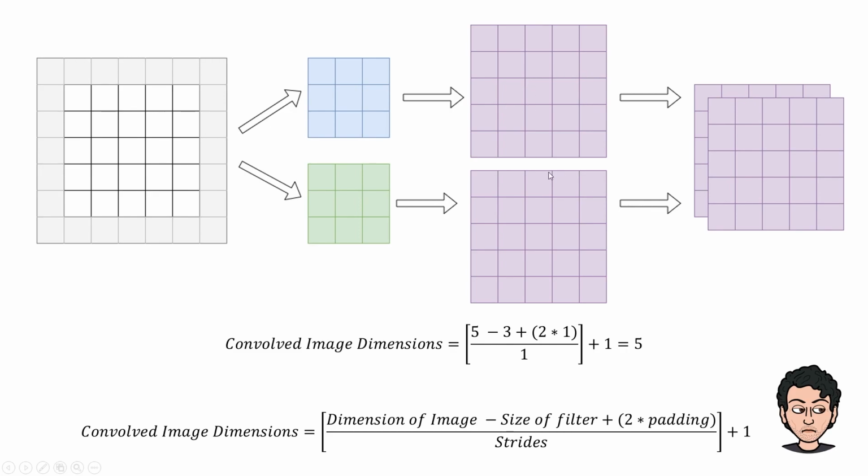So this is the math we are trying to figure out. This is the filter that is being generated. The convolved image: my input image is 5x5, my filter size is 3x3. So 5 minus 3, plus 2 into 1. Why? Because 2 sides for 1 pad, because there is only 1 padding, divided by 1 because I'm taking 1 stride at a time, plus 1, which is equal to 5. So the convolved image that we get after applying the padding is a 5x5 image, and these 5x5 images are stacked together as the input for the next layer of the convolutional neural network.